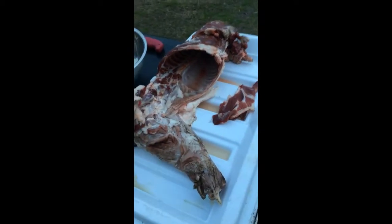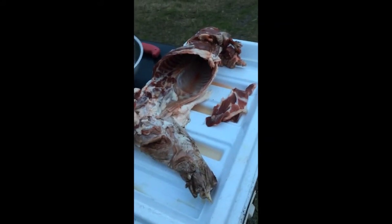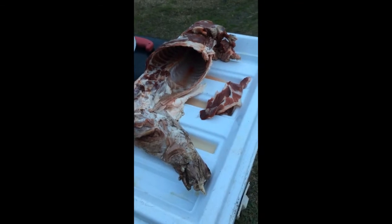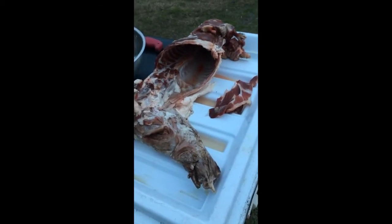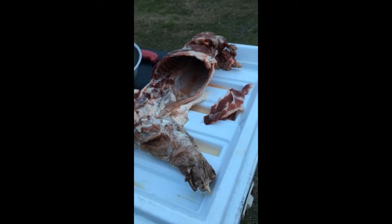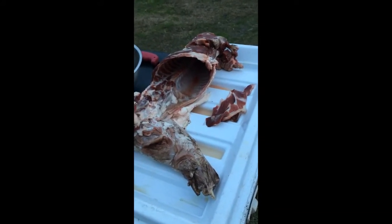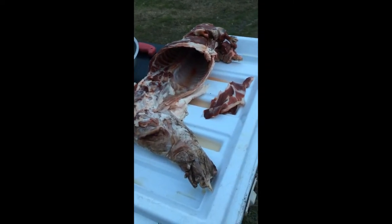All right, so here we got the coon. It's been in the cooler for about 4 or 5 days now, and we had it sitting on ice, and what that does is it helps drain out the wild game, which is the blood. Most of the blood in there has got wild game taste in it. I've been doing my deer meat like that for nearly 20 years. My wife would not eat deer meat until I started doing that. Took her a little bit, and she kind of adapted right onto it. The kids are the same way. But anyway,